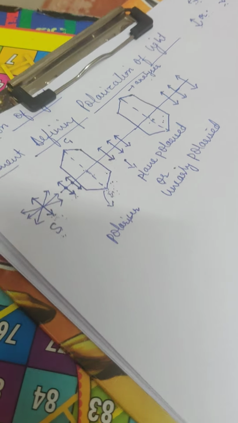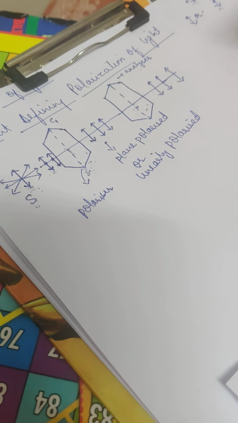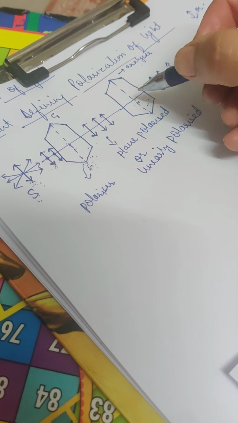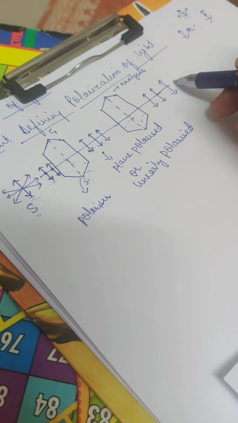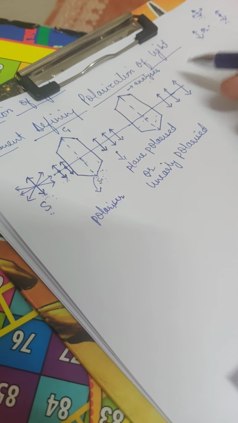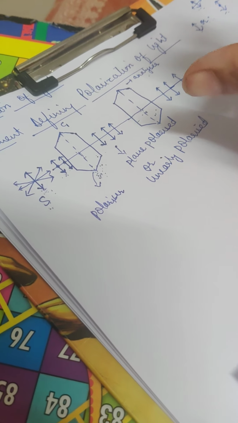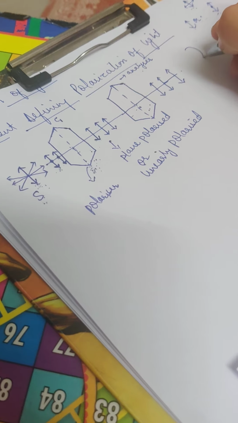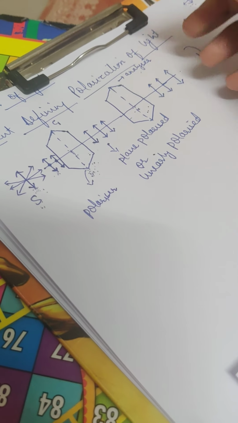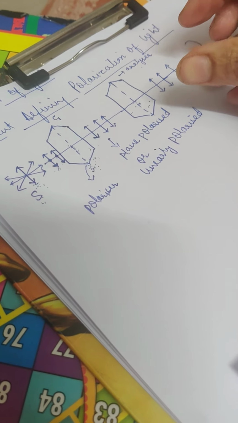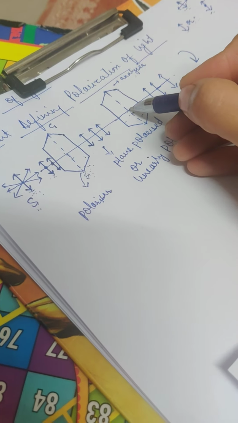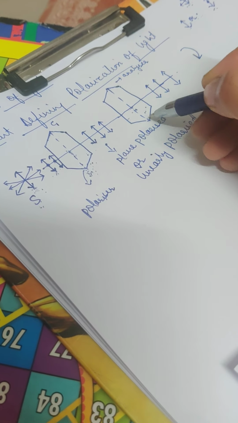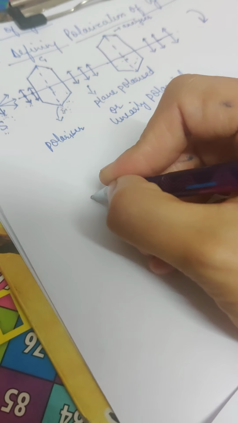Now beta, what we will do now, we are going to rotate this analyzer along this axis. Now I'm rotating this analyzer in this direction. Okay, now when I rotate the analyzer, then the direction of this optic axis also changes. See beta, I'll draw the half only.